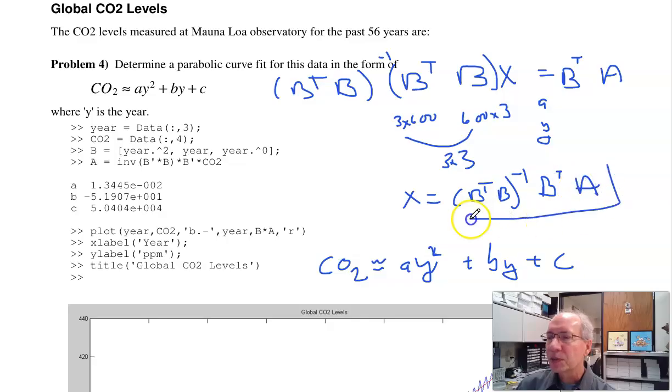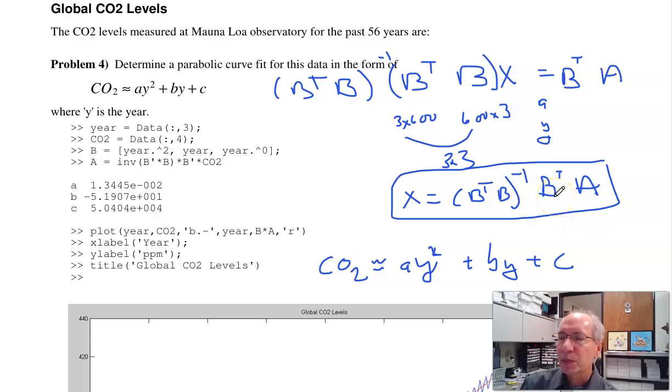That's the least squares curve fit. This is used all the time in engineering. Anytime you have lab data and want to curve fit it, this is least squares. Works really well with matrices. And the next couple of problems are, let's look at some real data and curve fit it, rather than just